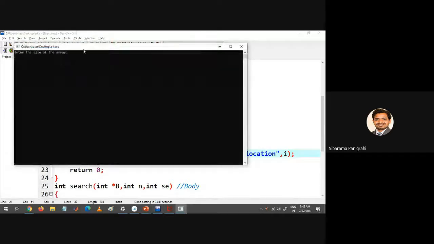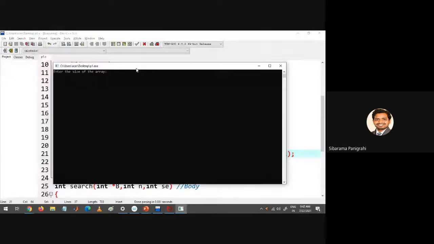So now you see, first it asks to enter the size of the array. Let me enter the size of the array as eight. Next enter the array elements 1, 23, 34, 56, 3. Now enter the search element. Suppose I want to search 56. So the element is present. Here you see the search element is found at third